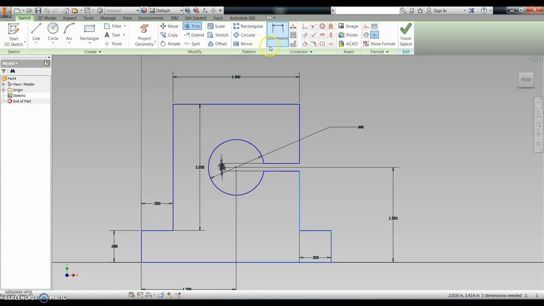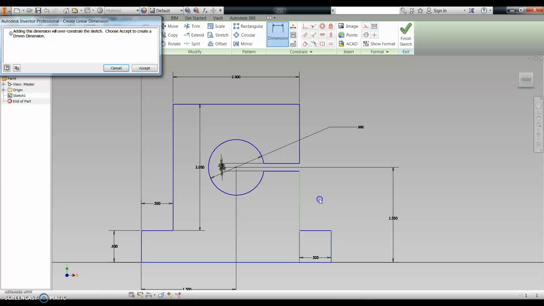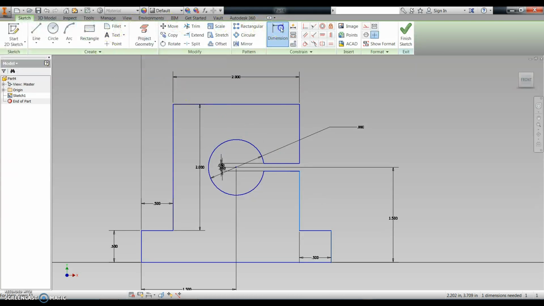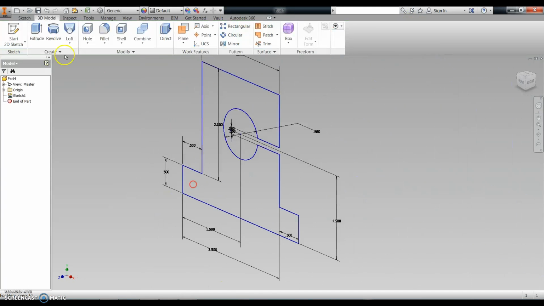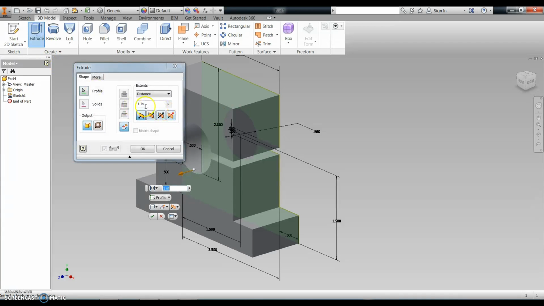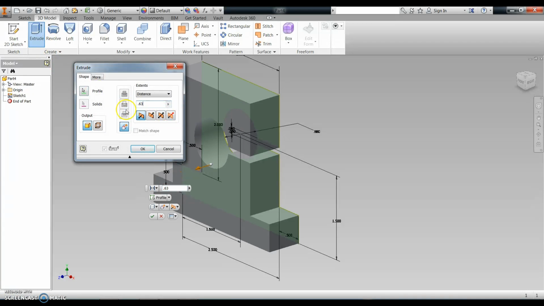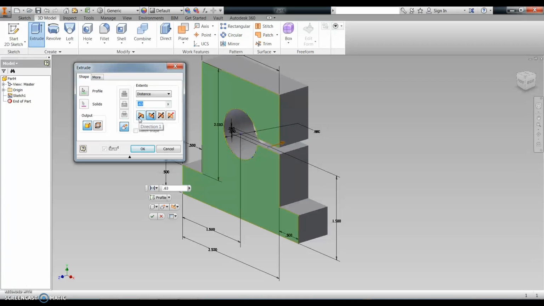We can see one line right there is not fully constrained. So if we try to, oops, let's not do that. Let's do a dimension, it must be from here to here. There we go. Now that is fully constrained. We can finish this sketch and now extrude a depth of 0.62. So I'm using distance here. Remember, these buttons here can toggle the direction in which your extrusion is facing. So I only had one profile, so it automatically selected that. So I'm going to just extrude that